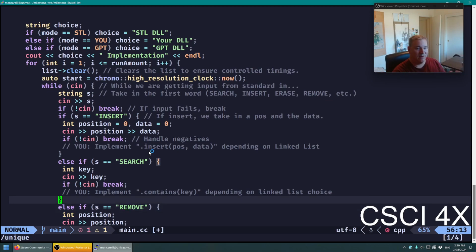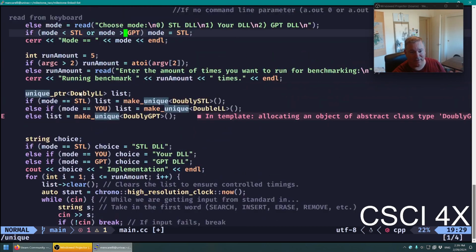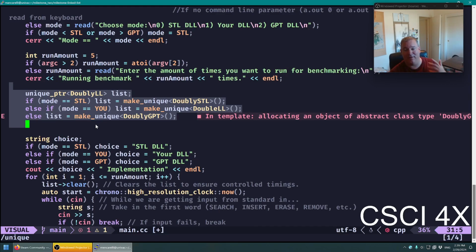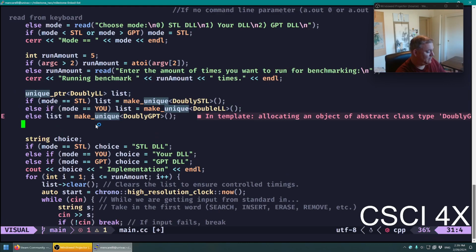Now, the only place where any of this code is different is right here. That's it. The only place where main is different, based on the 3 different implementations, is when it's literally selecting which of the 3 implementations it wants. It's a very nice, very clean design, but it does present a challenge. It presents a challenge because when you are trying to merge 2 different lists, you need to know if the other list is the same type of list that you are, and that's a problem. So like over here,